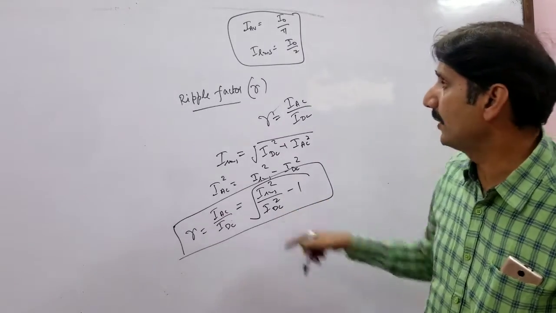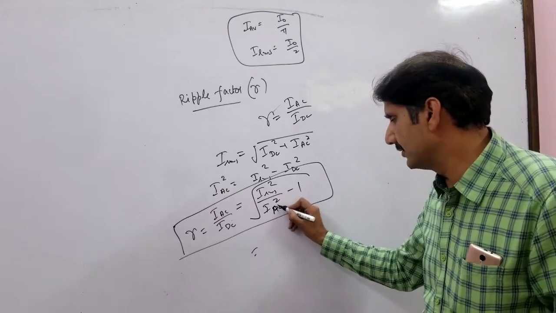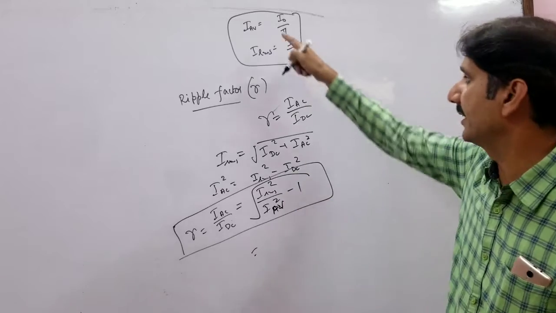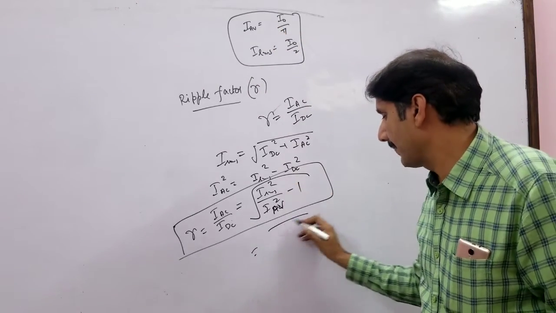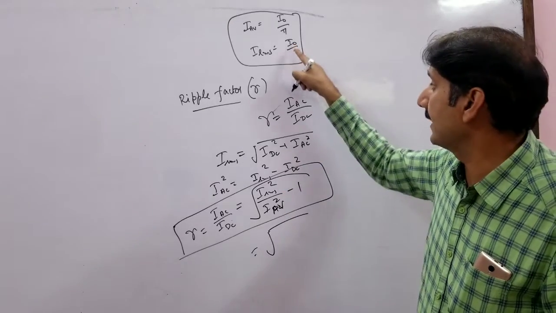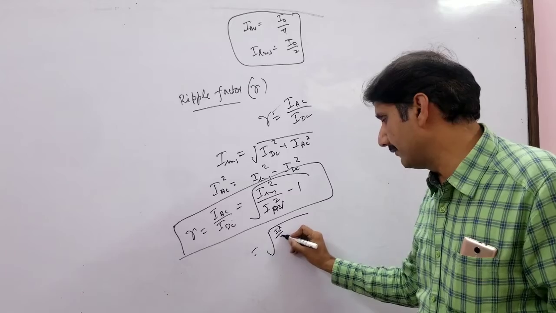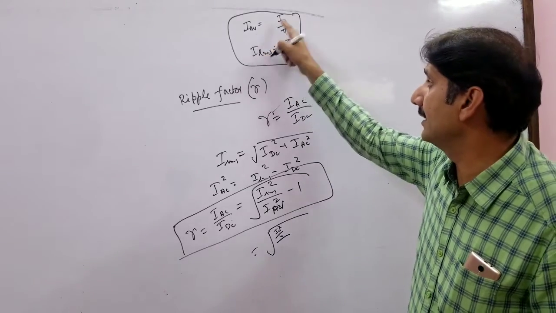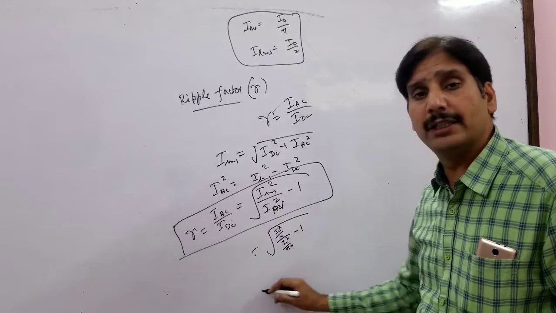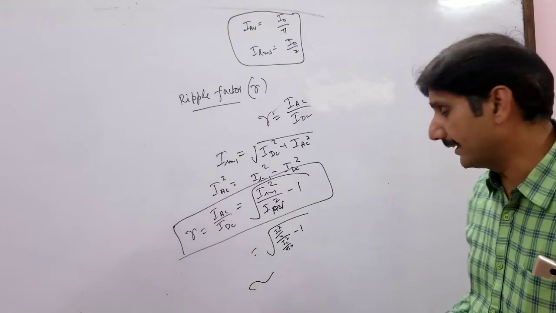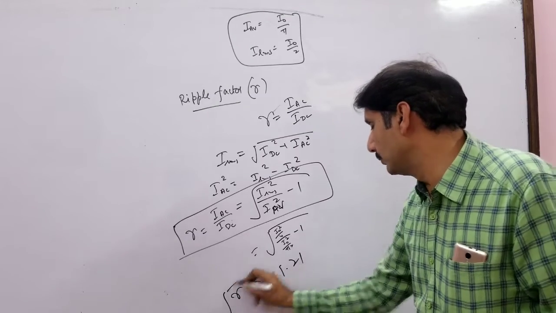So let's put in these values now. DC or average value is the same thing. You may call it average or DC, it's one and the same thing. Now put in these values, I average and I RMS. We have got I RMS as I naught by 2. So I RMS square is I naught square by 4 divided by I average square, which is I naught square by pi square, minus 1. You can solve it out. I naught square gets cancelled and the ripple factor turns out to be 1.21